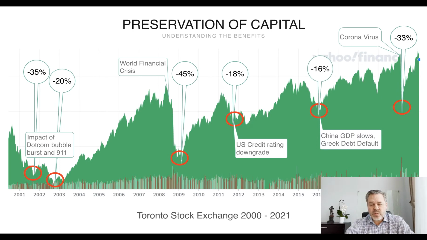Markets ran up. We got hit with a minus 16 on China GDP slowing down. We had basically Europe doing very poorly, Greece defaulting on their debt. U.S. election happens, markets run up again. Coronavirus in 2020, minus 33%. Awful, right? And one thing I would point out to you is, if you look at 2008, it took until